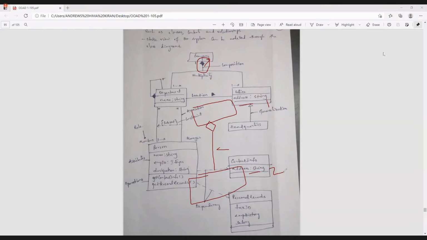My question is, here I'm placing an aggregation between the first element and the second element. An aggregation emphasizes or identifies the relation between the whole part and subpart. So where do I have to place the whole part and where do I have to place the subpart? In position 1 or position 2?